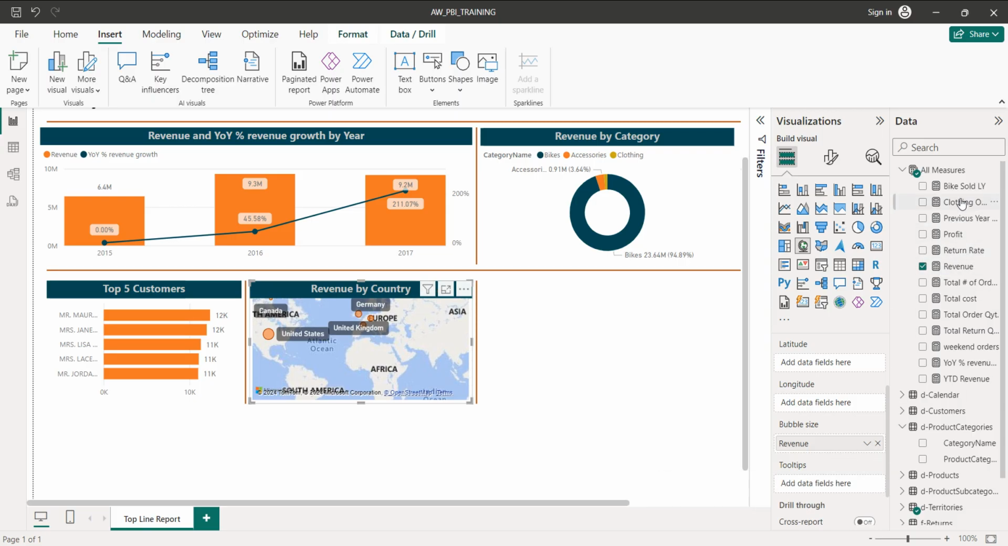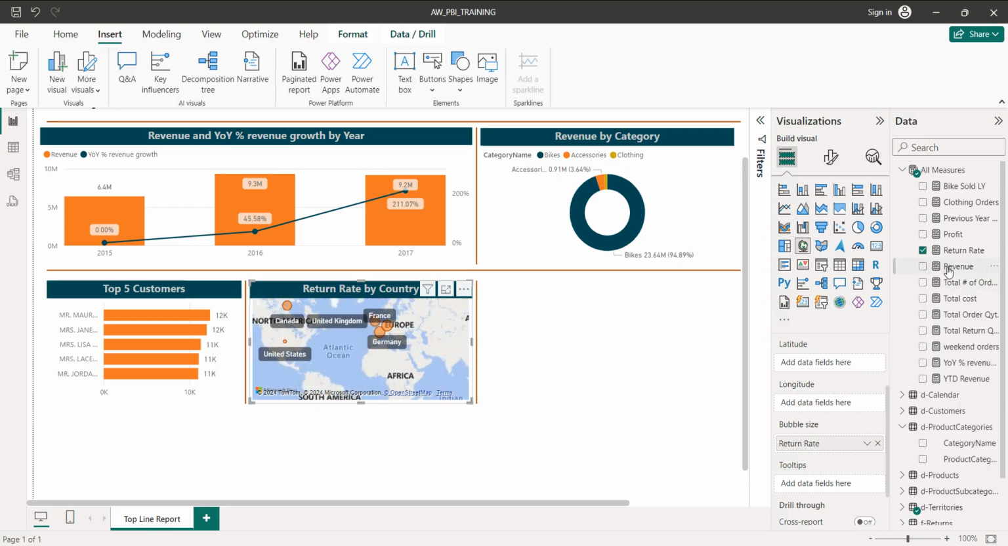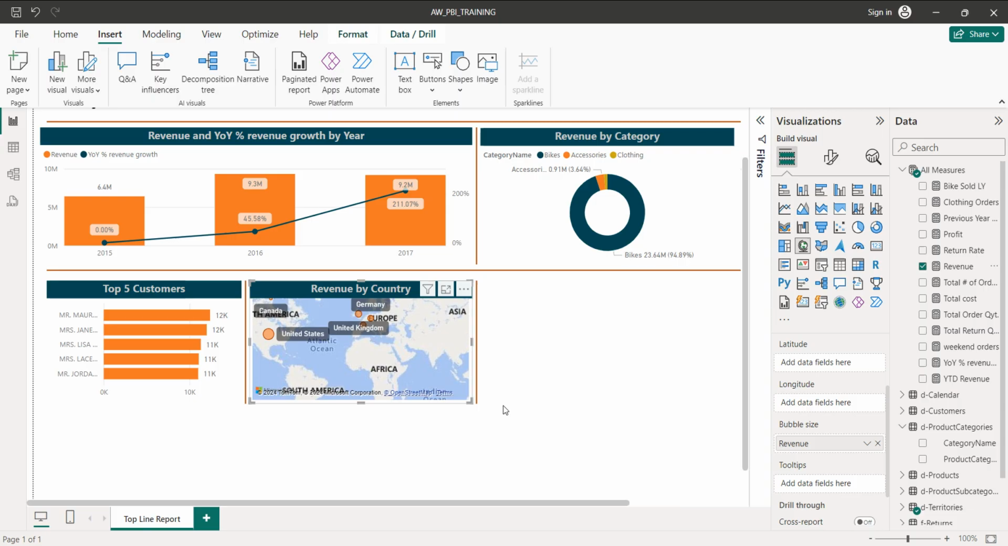Good. Let me put this return rate. See, the return rate is also given. So according to the country and according to your condition, you can check for that particular country, and it's real time. Very interesting, very nice. Okay, so let me do it again for the revenue. So I hope that you